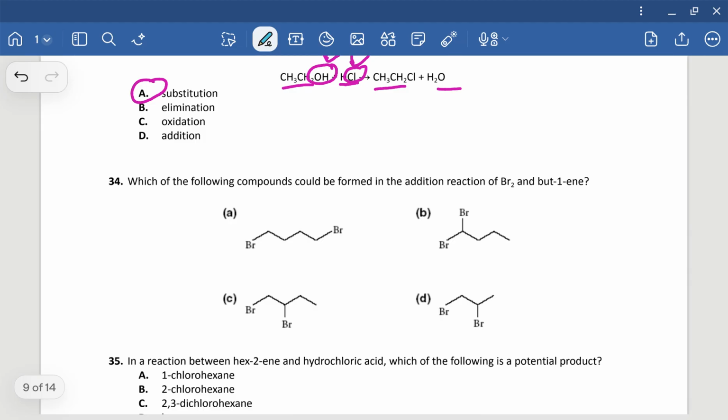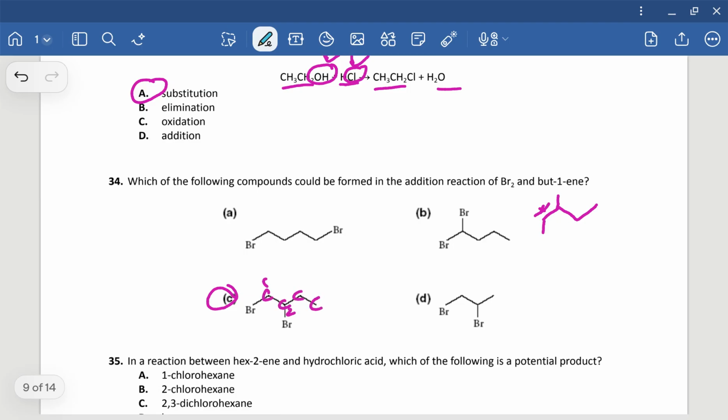The next one, which of the following compounds could be formed in the addition reaction of bromine and but-1-ene? If it's but-1-ene, that means the double bond was between carbon 1 and carbon 2. So if this bond breaks, it would be carbon 1 and 2 that can accept a bromine. So the only one here that would match that would be C, because bromine would be attached to carbon 1